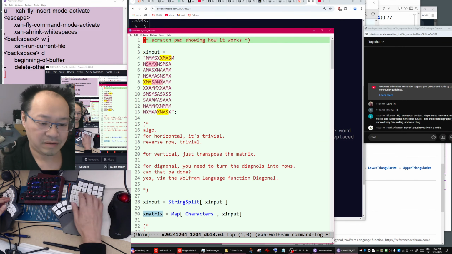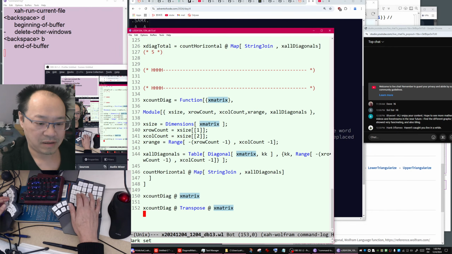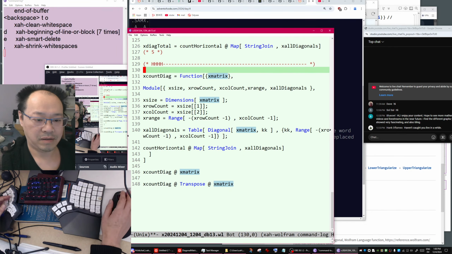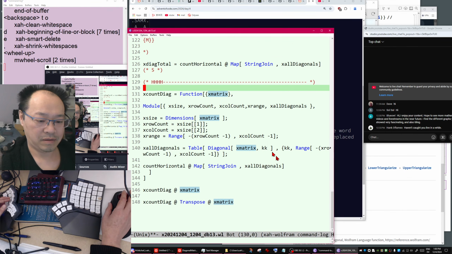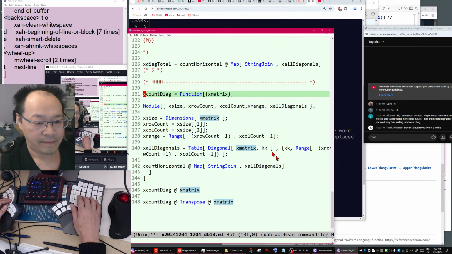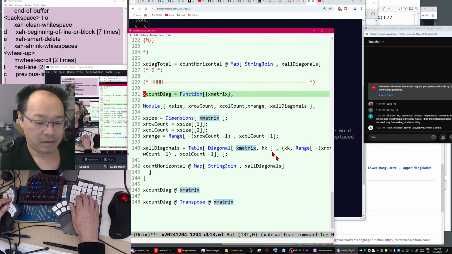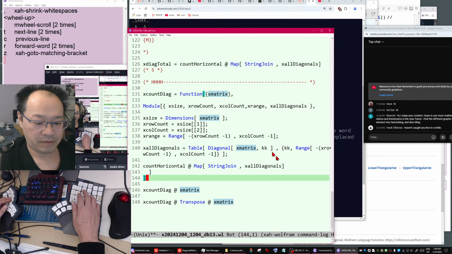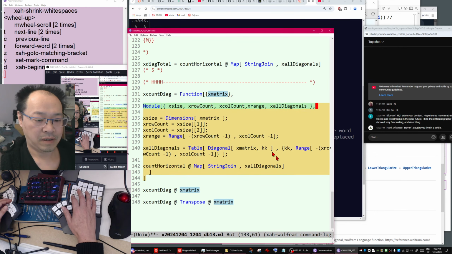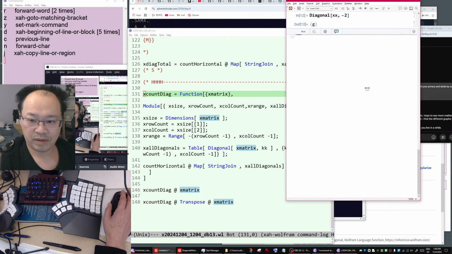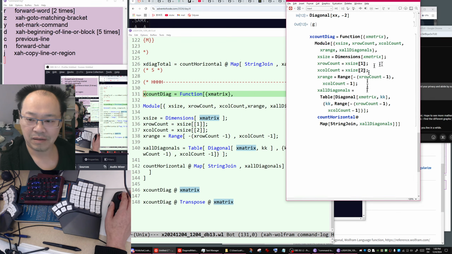Yeah, you know, this diagonal is hard to debug. So this is our function. Let's go to Wolfram Notepad, paste it.